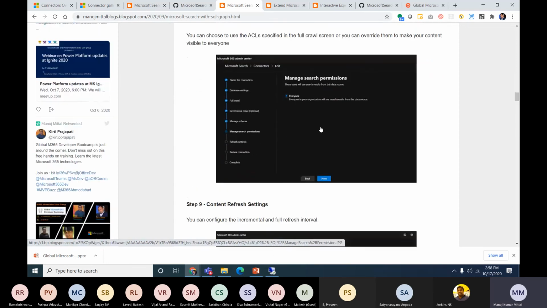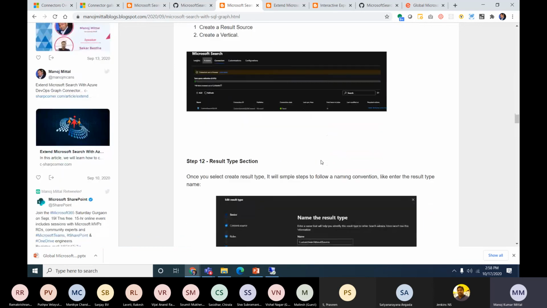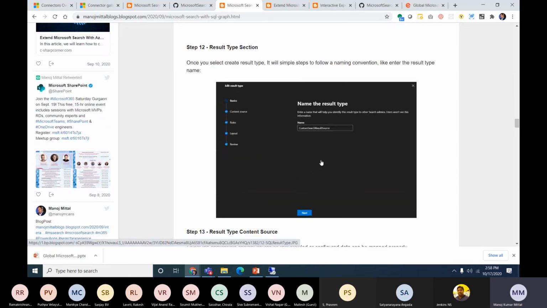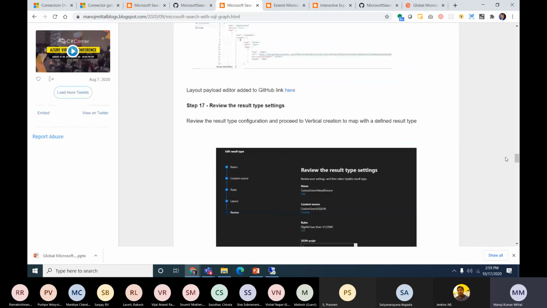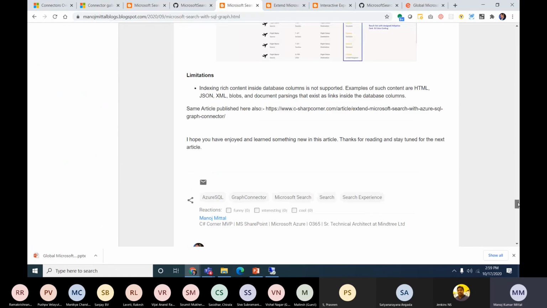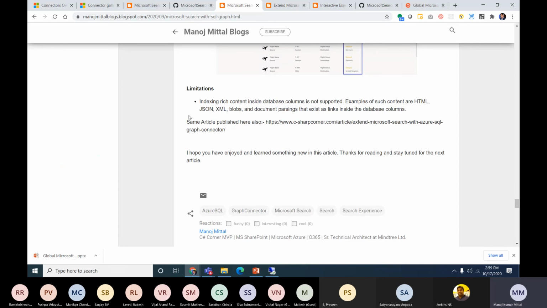Okay, so this is almost the same section we can start using, and we can use this with Azure SQL as well as on-premises. Both sections we can use, but there are certain limitations with regard to SQL Server. If you're using SQL Server on-premises, it works on SQL Server 2008 onward. I have mentioned those limitations also. And for rich data types, like JSON and XML, that is also limited.